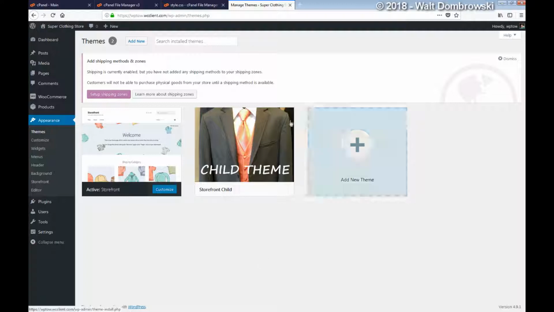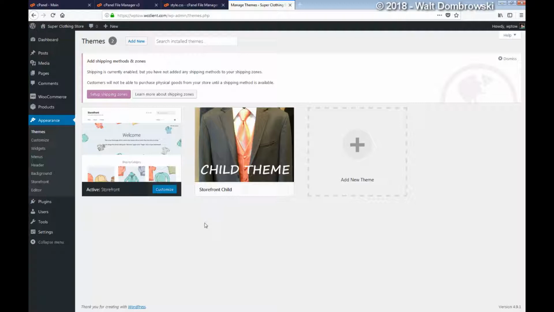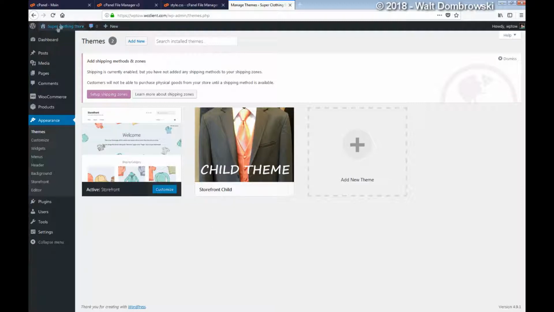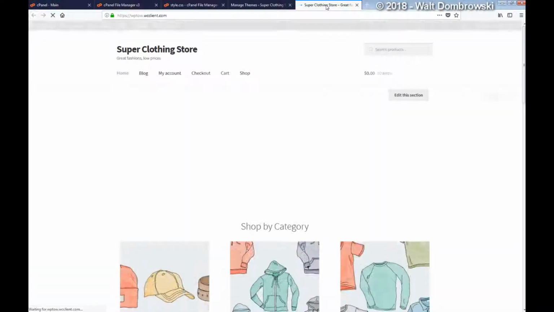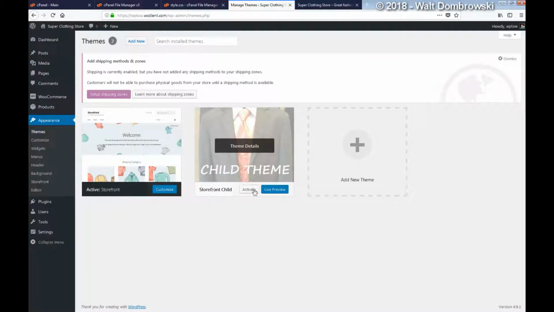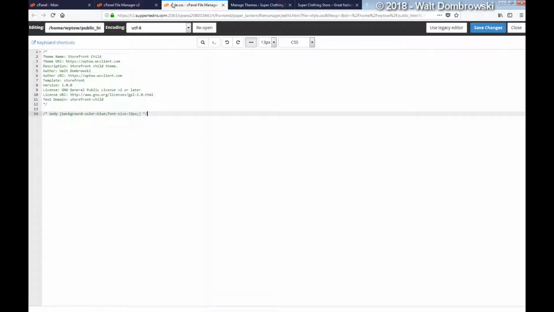And what's nice is my little screenshot.png file, this is what I made. You can basically make anything you want, so I figured I'd make something fancy and sharp looking. So let's go ahead and take a look at the site before we activate it and make sure that the style.css for the child is working. So let's go ahead and activate the child theme, and we're going to go back over to the style.css and we're going to remove the